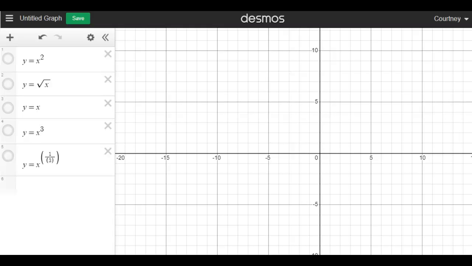Hi folks, welcome back. Today we're going to talk about two different kinds of parent functions. We're going to discuss the cubic parent function and something called the cube root parent function. But before we do that, I want to review a few things with you from before the winter